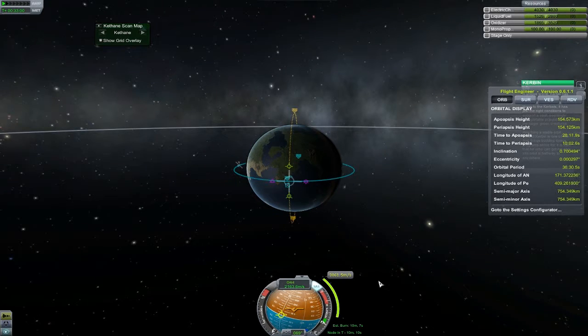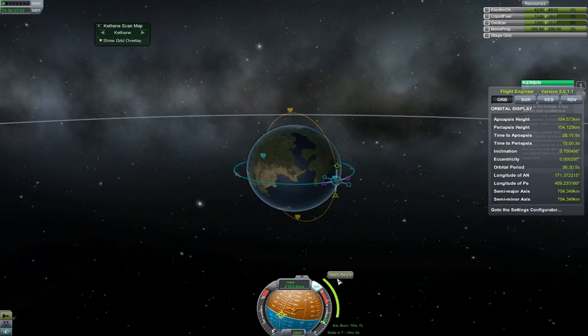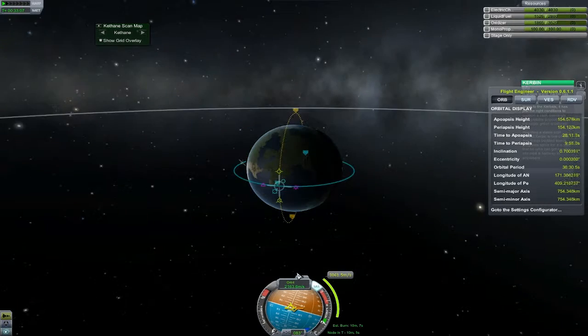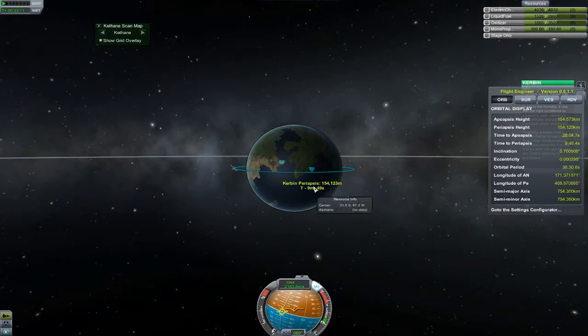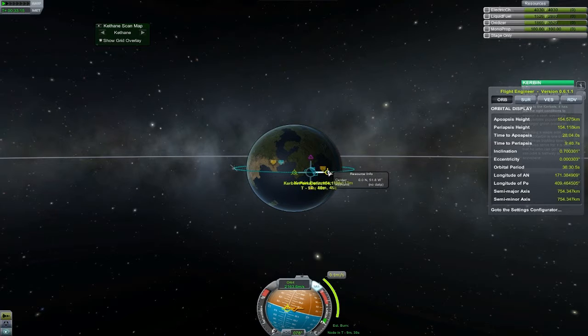That's pretty close. Let's see if we can do this. I'm not sure if we're gonna actually have, yeah, we won't have enough fuel actually to do this. So instead, what we're gonna do, we're gonna do one of these guys. We're just gonna go from here and a maneuver and slightly skew ourselves to